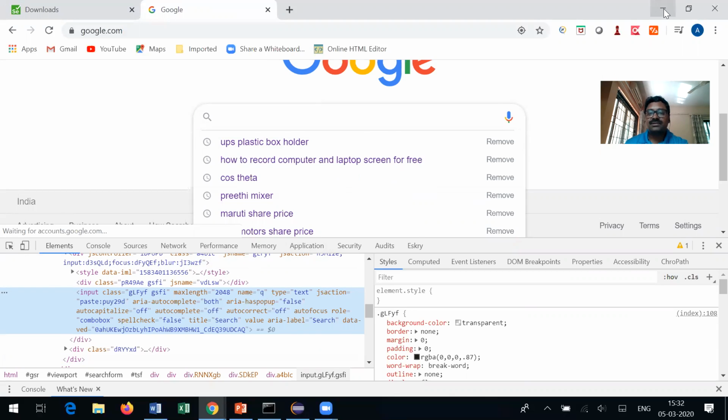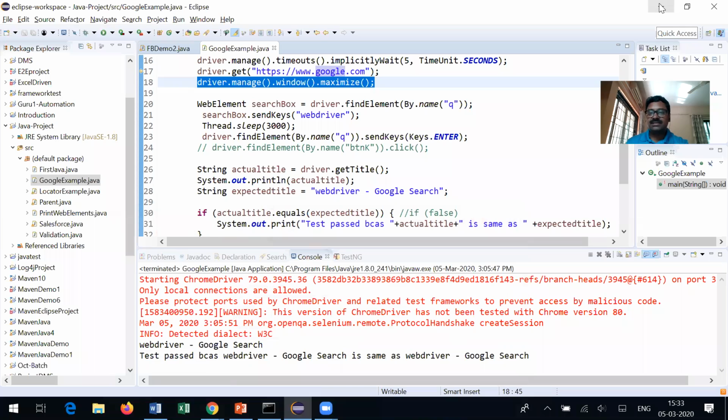That is the indication of the object. So there are different locator techniques in Selenium, and I will explain that to you. Like ID, we can identify the object using ID, name, XPath, CSS selector, link text, partial link text for the links.